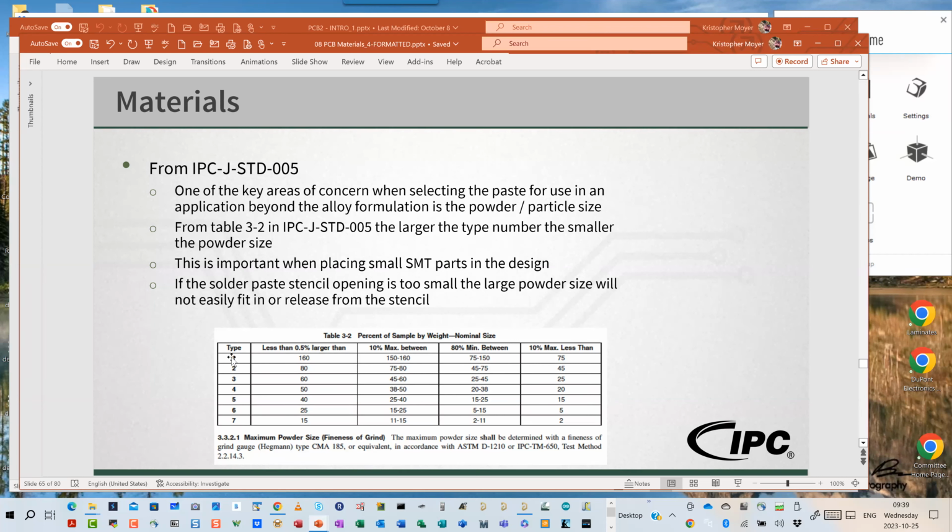So as we can see here, type 1 is 75 to 150 micron in size, where type 7 is between 2 and 11 micron in size. This is all given in microns over here. Okay. Now,